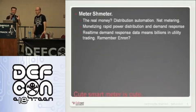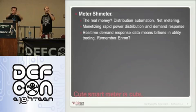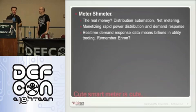So we talked about AMI for a while, and we're pretty much going to forget about AMI at this point. I kind of have this thing of fuck meters. Meters are cute. They're cuddly. They're really super. Worms going around. Meters. Cats and dogs living together. It's bad stuff, right? But at the end of the day, that's not smart grid. That's the grid, right? The whole shooting match. AMI is just the first wave,